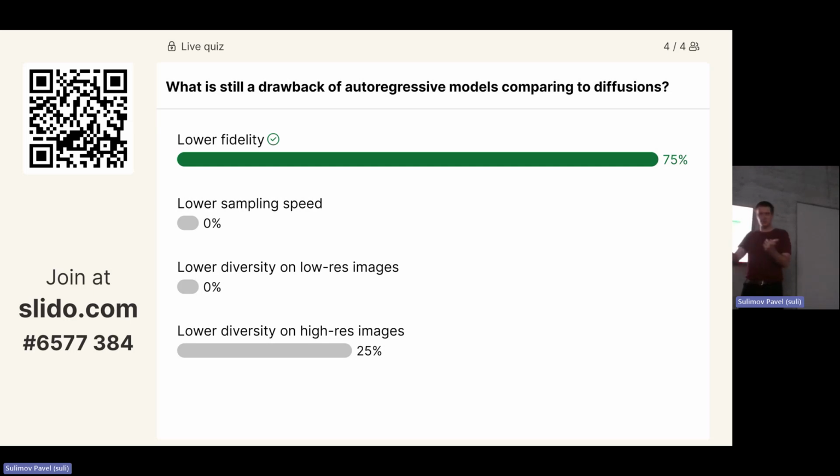So just because we're generating, and it occurred that there are going to be one cat, and maybe they're going to be part of another generation, but it didn't finish, yeah? So, lower diversity on high resolution images? No, I mean, it has nothing to do with diversity. Diversity means, as I said, that exactly when you are starting just generating the same and the same. No, autoregressive models, they're quite rich. So just given different inputs, it would still be able to be very diverse. And it doesn't matter if it's low resolution or high resolution. But fidelity, yeah, it's going to be a problem.